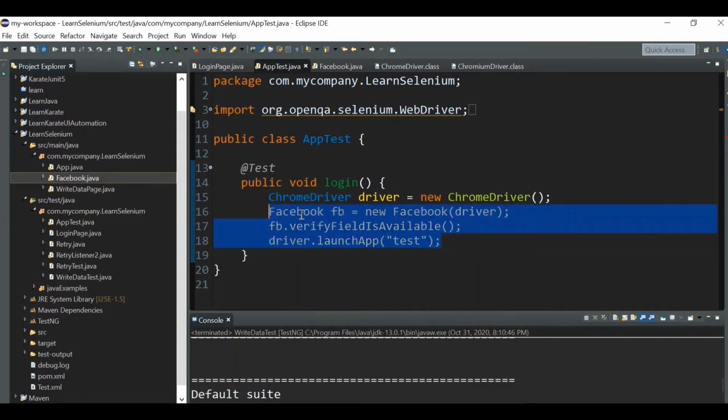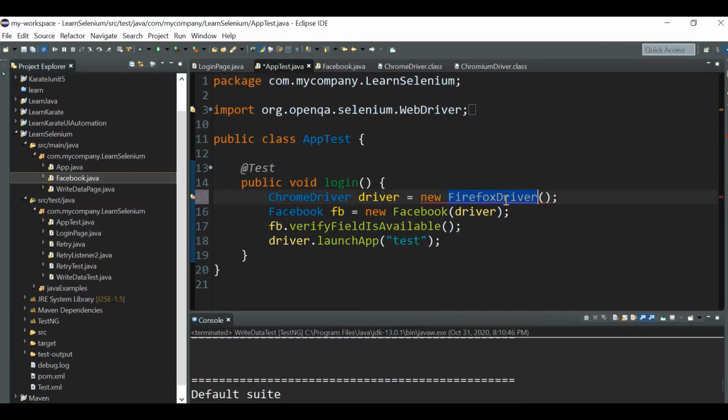Okay, so now we have created a few methods. Now what happens in the future? Let's say now all your tests you want to run in your Chrome browser, so you create a ChromeDriver object and all. But after one month or after some days, you get a request that you have to run your script on the Firefox browser instead of the Chrome browser. Then what do you have to do? You have to change ChromeDriver to FirefoxDriver.